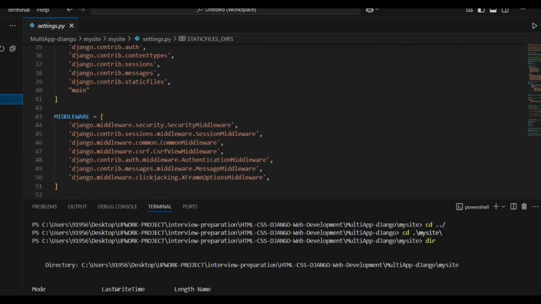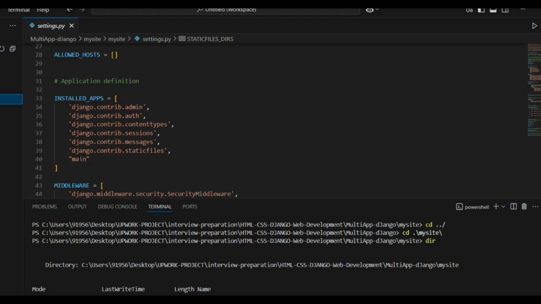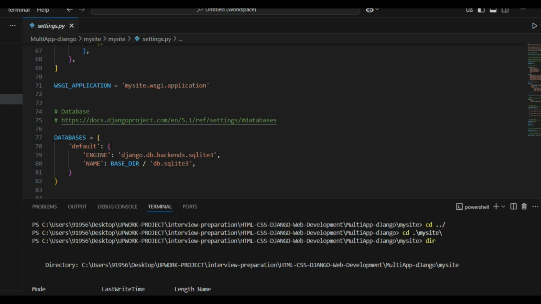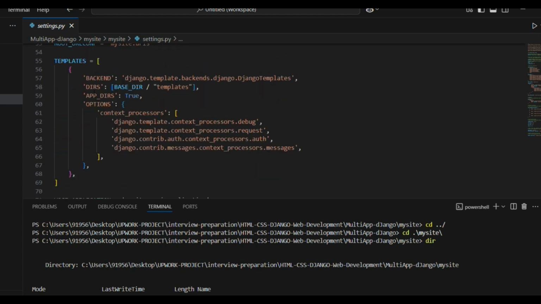Come to here, you can see INSTALLED_APPS. You need to give the app directory name, main, whatever it is. So this is step number 1 inside settings.py. Step number 2, you need to come down and give the DIRS for templates, BASE_DIR slash templates, and APP_DIRS true.